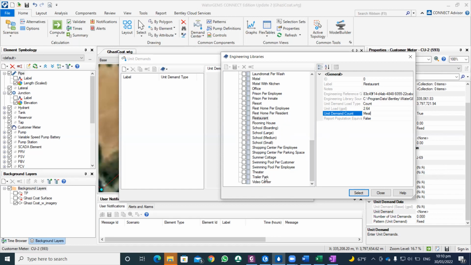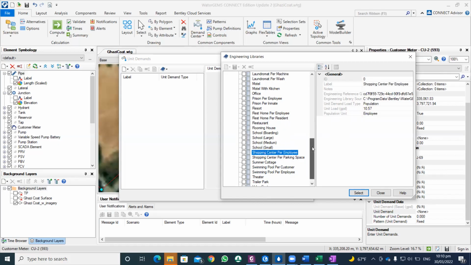Video center, trailer, theater, okay, shopping center. I think it will be good to